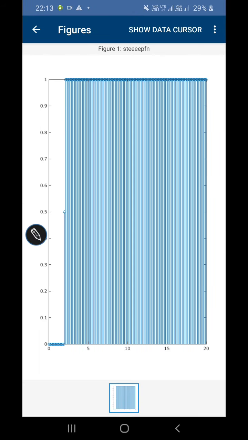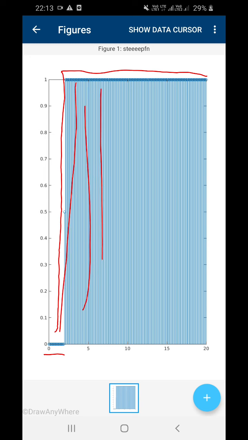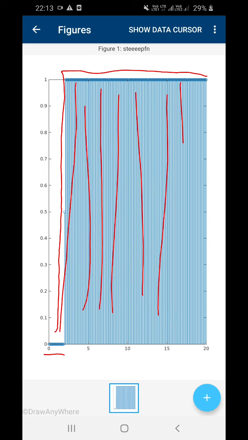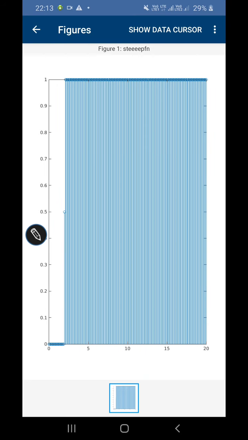Okay, yes, now you can see here that from 0 to 2 it is giving me this answer, and from this it is taking a step and it is giving me the output. So what all these represents? These represents the points that you have taken. So you must be knowing the basic difference between continuous plot and discrete plot.